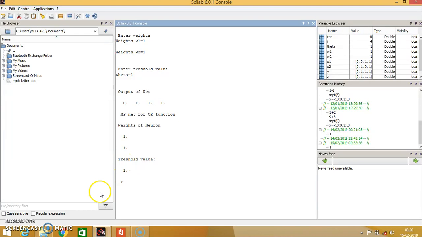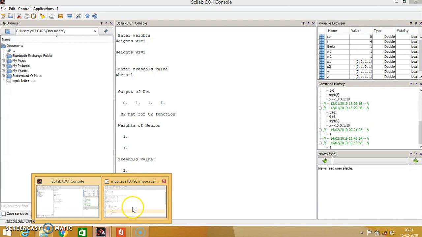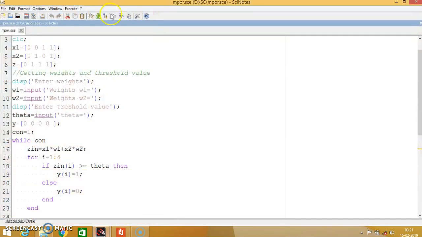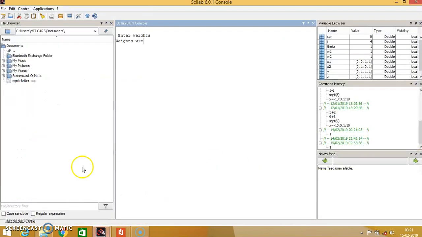So the McCulloch-Pitts neural network model. Okay, so what is the conclusion of this experiment? We required both the weights to be positive. If you execute it a second time and enter one inhibitory and one excitatory weight, so generally in a McCulloch-Pitts neural network model two kinds of weights are present.